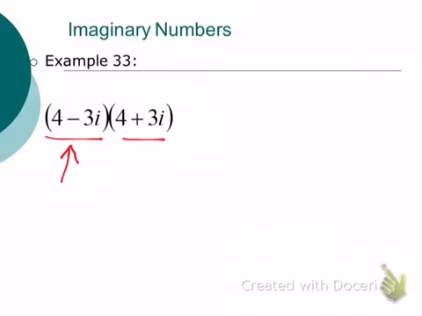Y'all listen to me carefully, we are not manipulating variables here. i is not a variable. We're multiplying two complex numbers, and that's an important distinction to make. Okay? These are two numbers. These are not two expressions. I have an a plus bi here, and I have an a plus bi here. Those are two complex numbers that we're multiplying times each other.